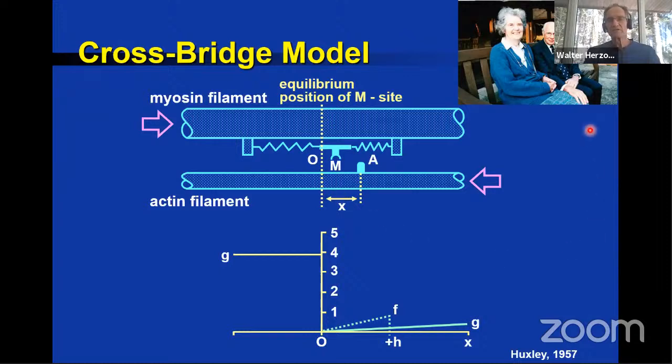So this will be with the Z line here. So this will be an actin on the right-hand side of a half sarcomere. On the other half of the sarcomere, of course, you would have exactly the opposite direction. And then he proposed that this was all governed by a rate constant of detachment, which he called G, and a rate constant of attachment, which he called F. So all this is governed by certain rate constants that follow precisely defined laws,